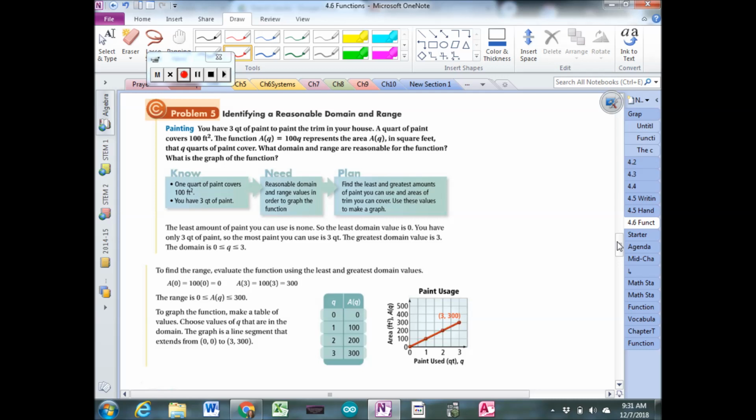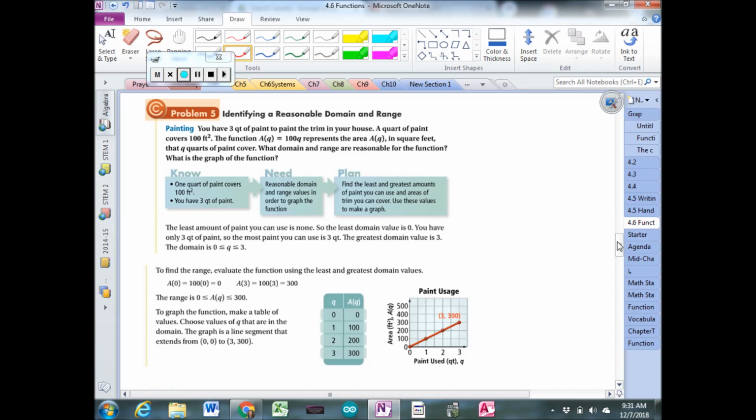And it asks us to plot how many square feet we could possibly paint if we had 3 quarts. If we use somewhere between 0 and 3 quarts, how many square feet could we paint? Now we know that the amount of quarts we use is our independent variable, and our dependent variable is going to be the amount of area, because that depends on how many quarts we use. So in that example,